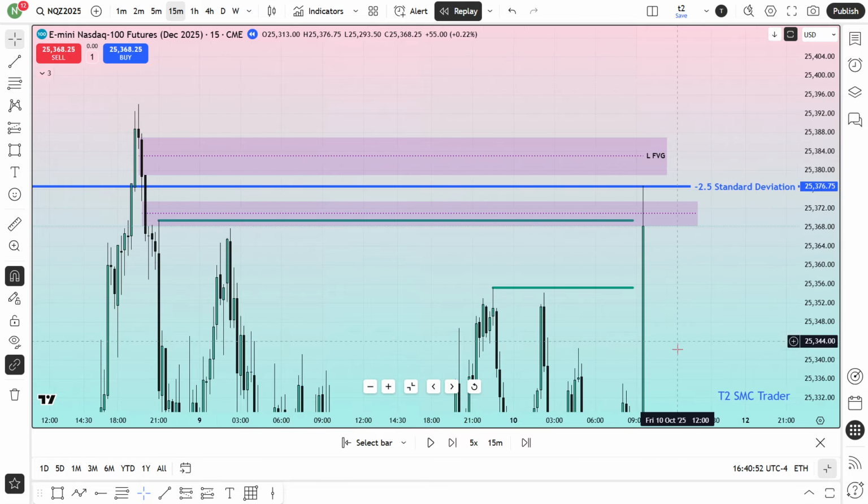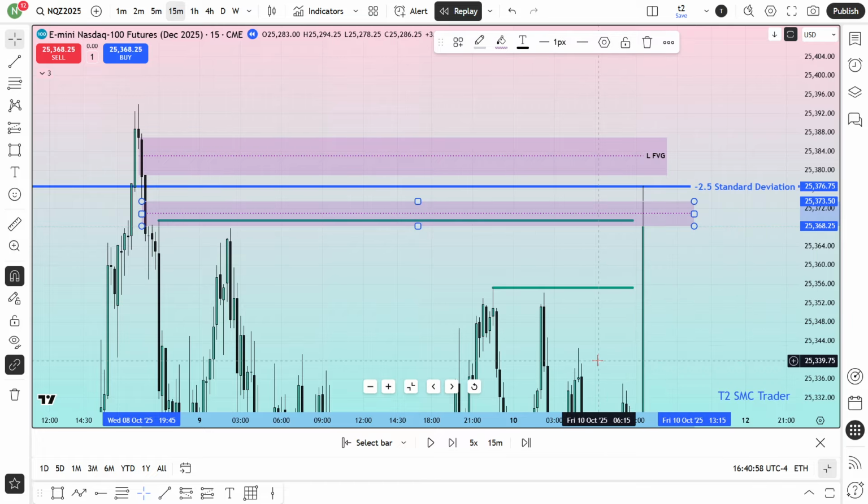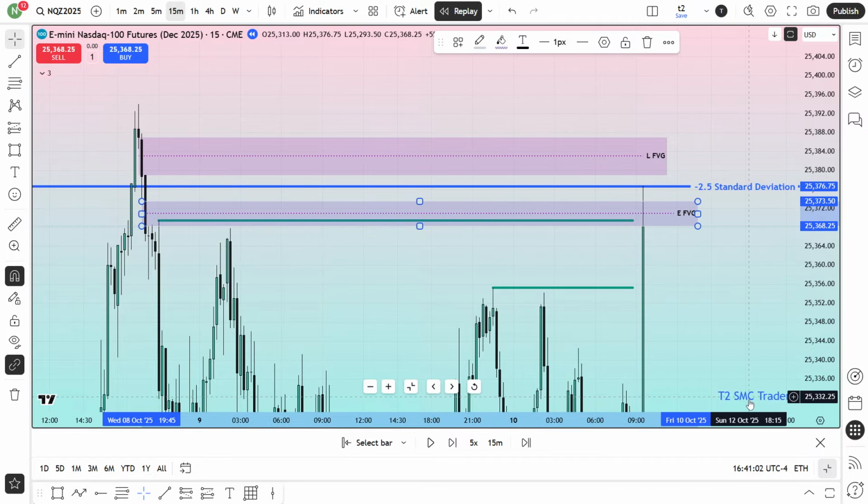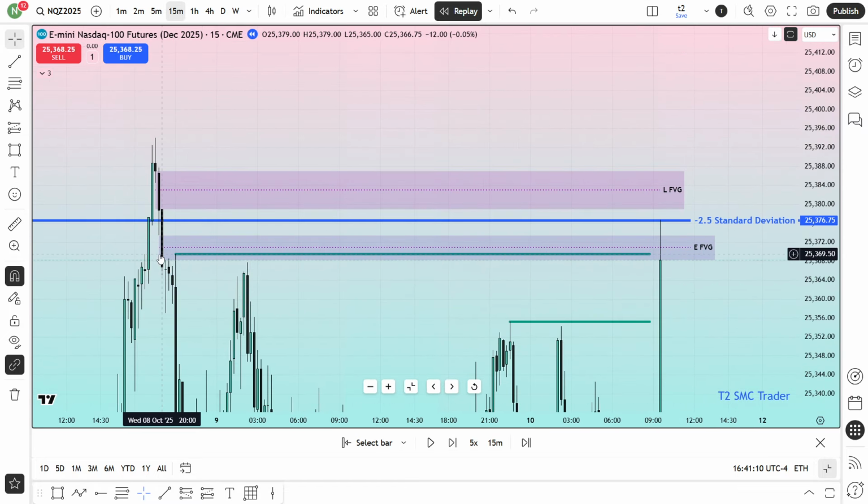Now if it reverses from there, it is going to reverse from the last entry fair value gap from the 50-minute chart. What did I say? No, I don't want to see that this entry gap is going to stop the market and send it lower, because it has been already used here. See this candle, it has tapped to this entry gap, then it has been rejected from that gap. I don't want to see that this entry gap is going to be reused. I don't want to see that.